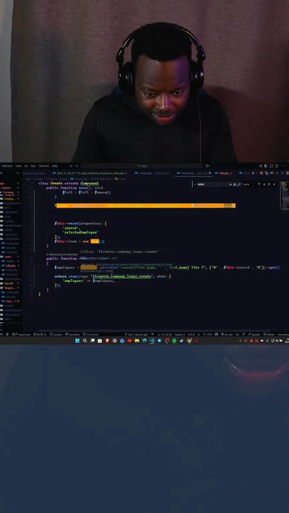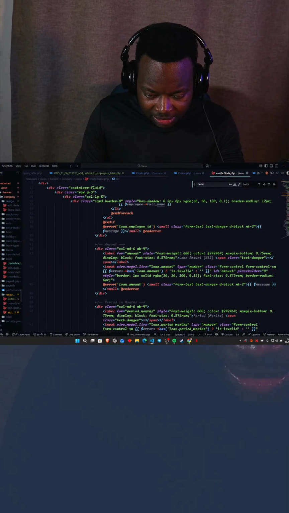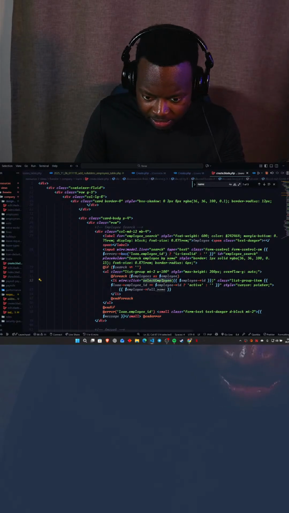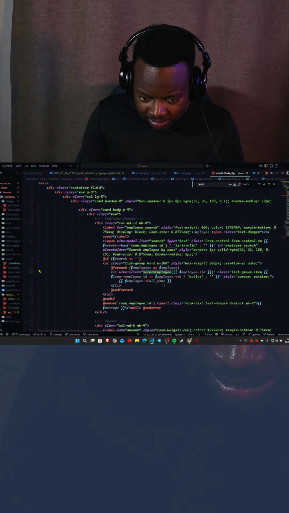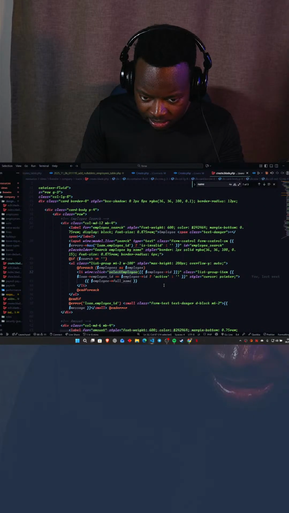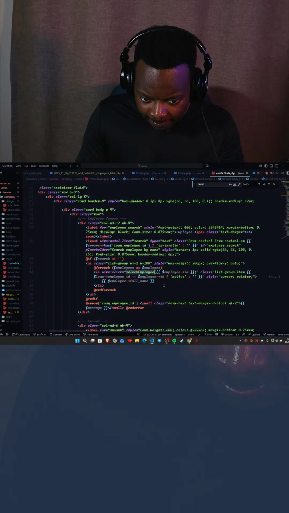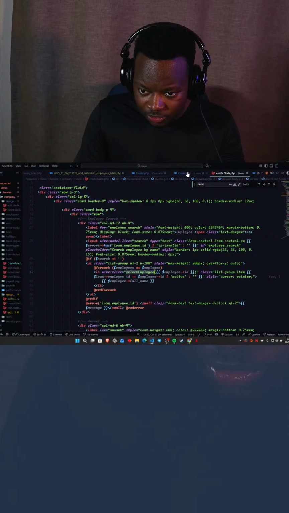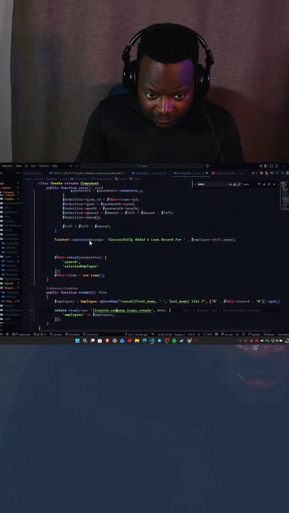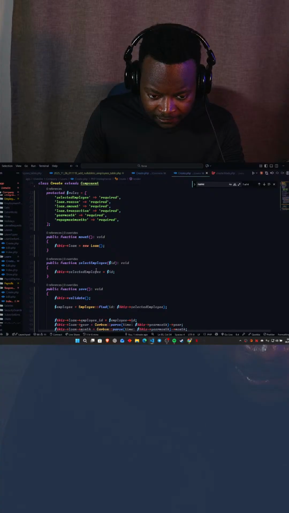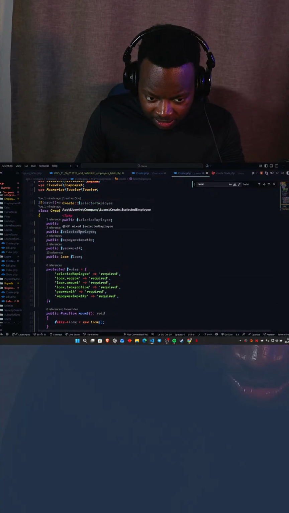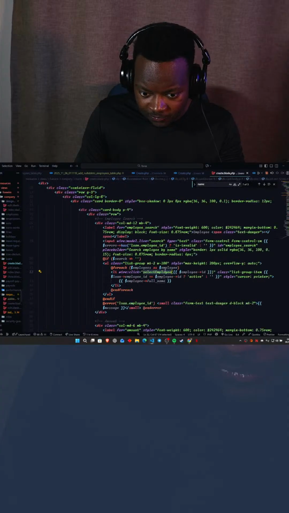Why is it not doing what it needs to do? Right? Because you see, we have this where click select employee with the employee ID. And once we select the employee ID, it should trigger this here and say selected employee. So over here,